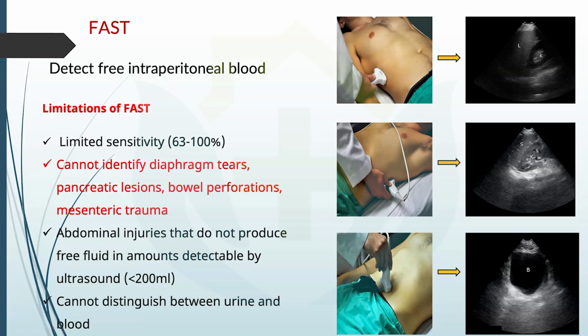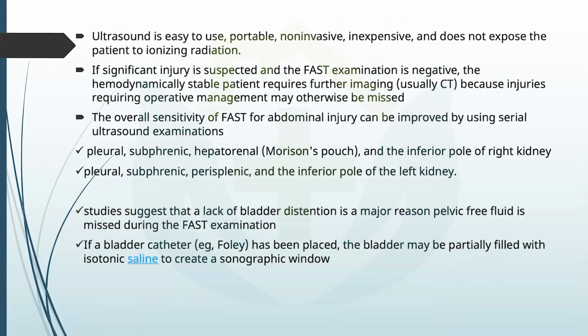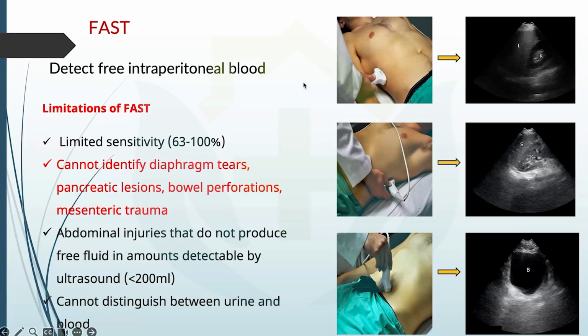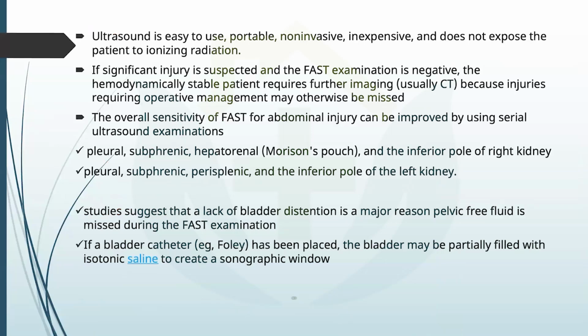And it takes time for the fluid or the blood to accumulate. So if you have a small amount of fluid or blood, it might not get detected. And in patients with pre-existing ascites, supposedly a patient is a known case of CLD with ascites, you will not be able to identify whether it is a new onset blood or the old ascites that is masquerading as a fast positive lesion. And ultrasound is only able to penetrate till before the retroperitoneal.